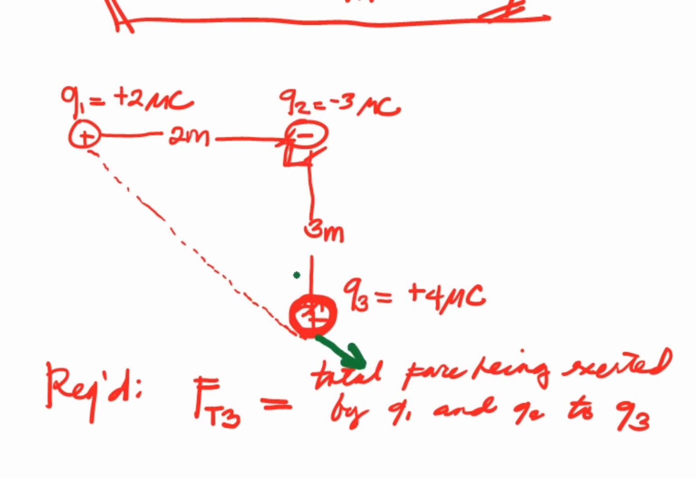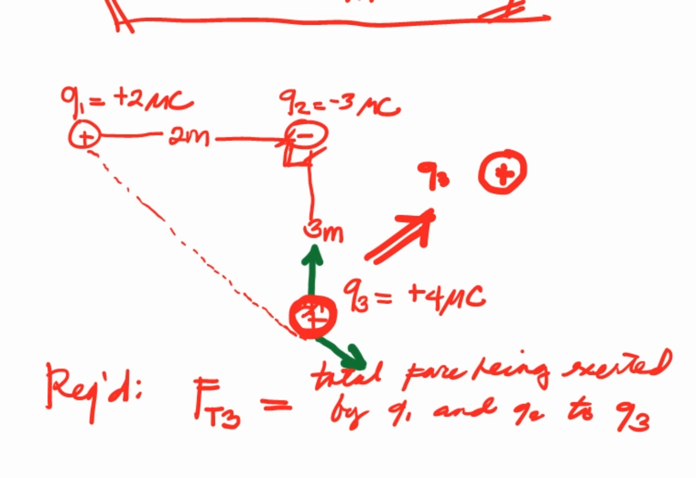And Q2 is negative, Q3 is positive. Therefore, this will be an attractive force going upward. So if we try to analyze the force acting on Q3, let's say this is Q3. Just enlarge, for example. So we have now two charges acting, two forces acting